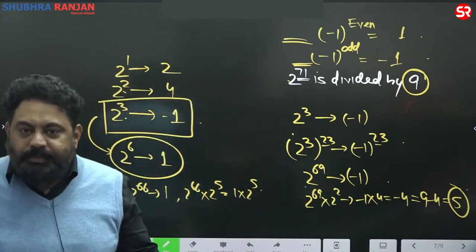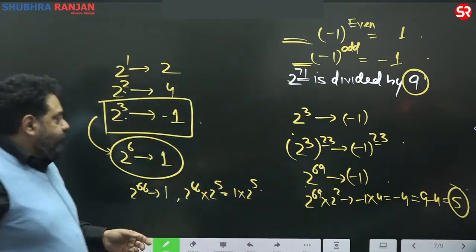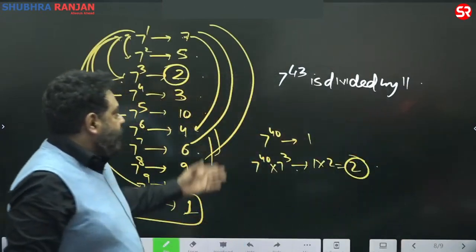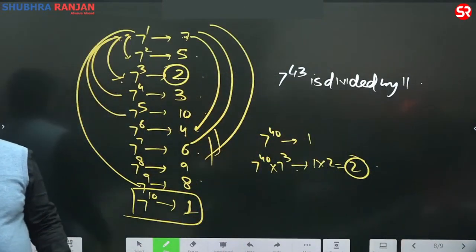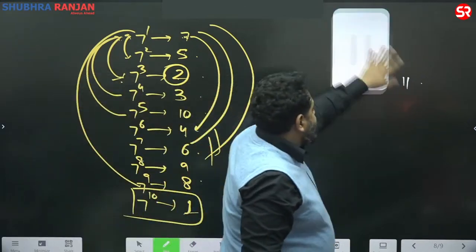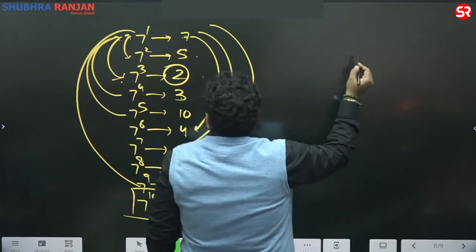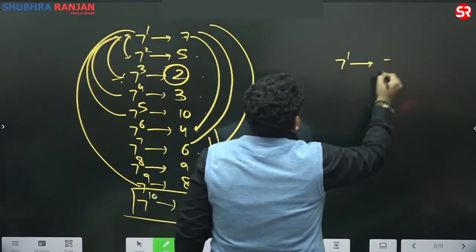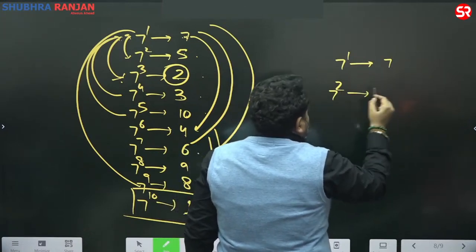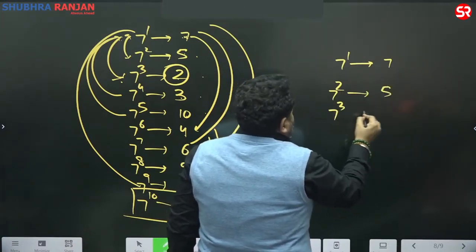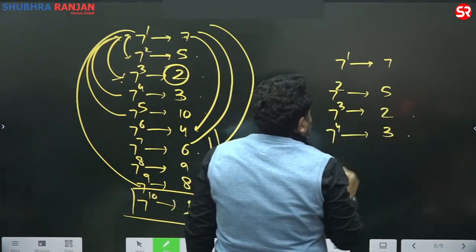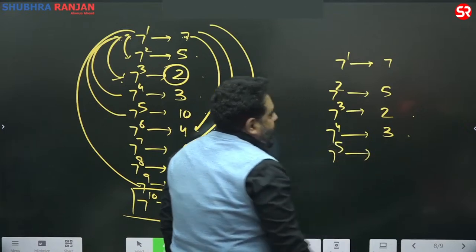Shall we do one more? Guys, come on. See this: 2 to the power 43 divided by 11. We could have reduced the steps by half. 7 to the power 1 gives you 7, 7 to the power 2 gives you 49, which gives 5. 7 to the power 3 is 35, which gives you 2. 7 to the power 4, 14, gives you 3. 7 to the power 5 is